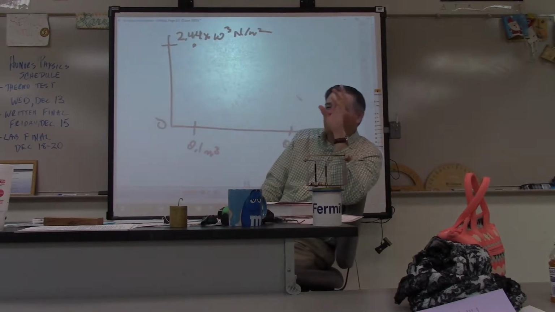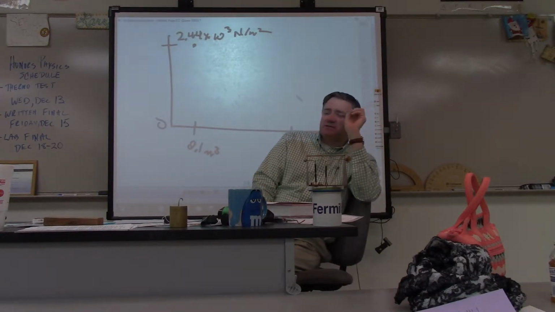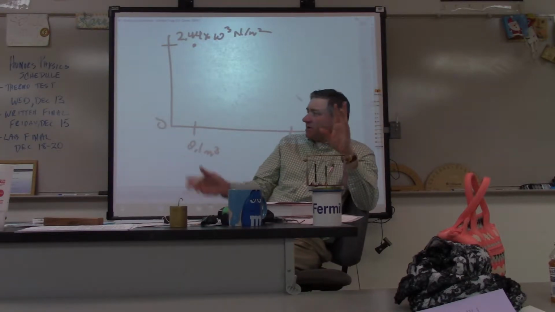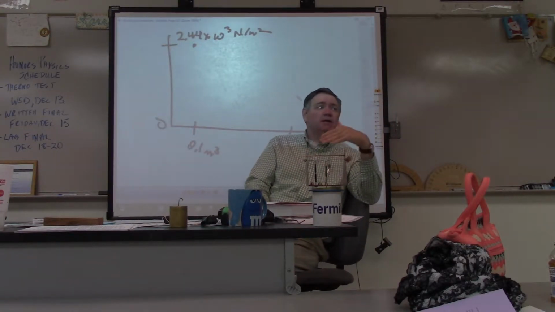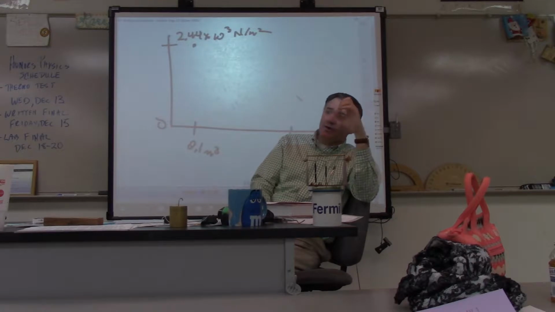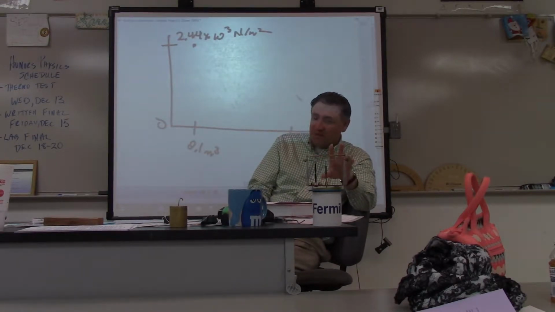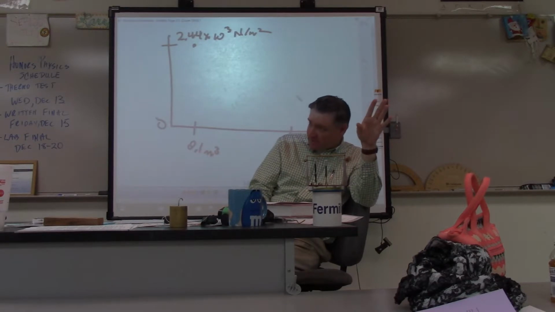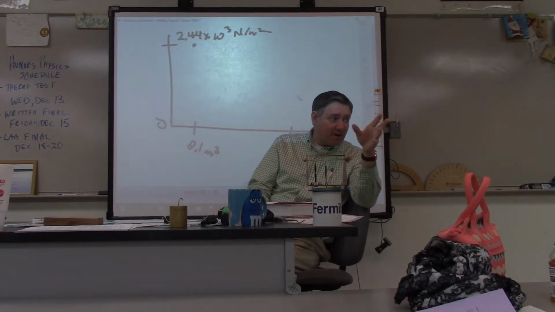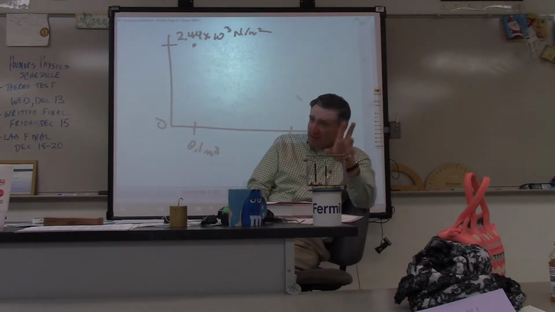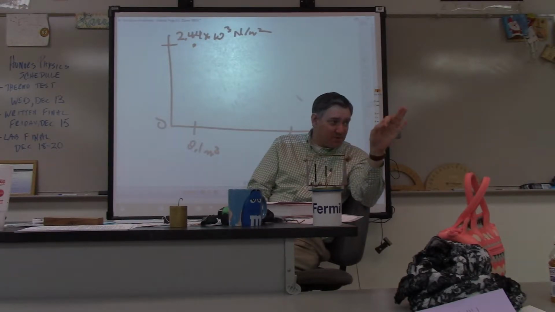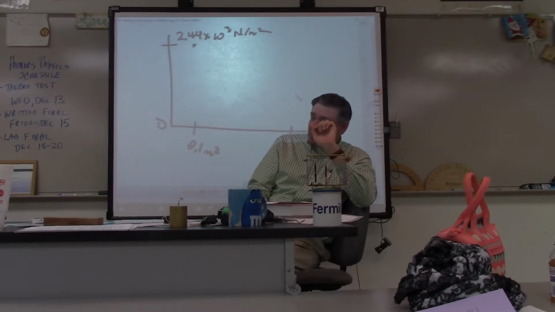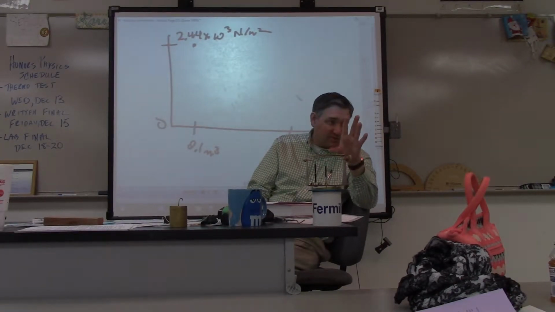Okay, so iso just means the same. So if you're talking about an isothermal line, you're talking about always the same temperature. If you're talking about isobaric, you're talking about constant pressure. If you're talking about isovolumetric, you're talking about constant volume. Those are the three that we're going to deal with, and they're on the back of the lecture note. So we're going to work through all three situations.